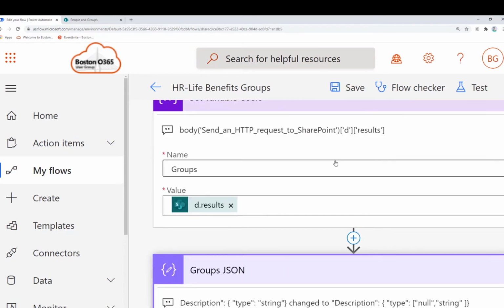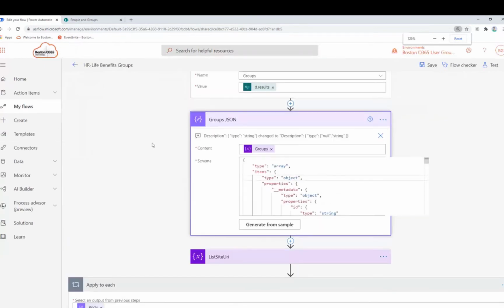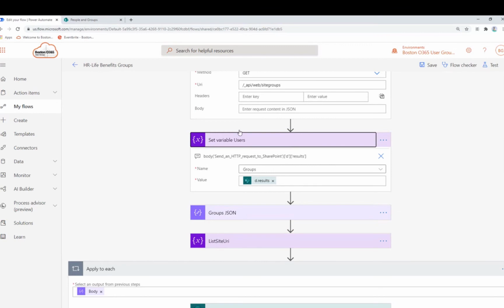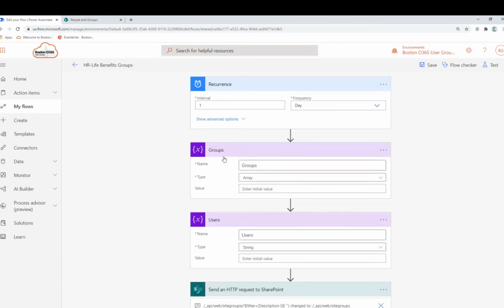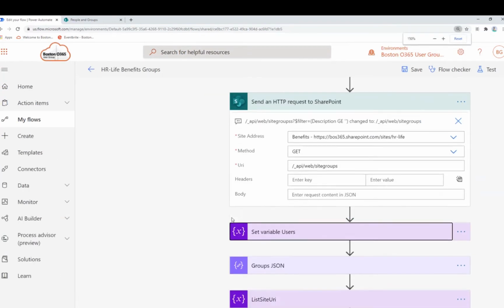I had to do the flow twice, do it once with descriptions and then do it again the way it's supposed to be. All right, let me show you a little bit more of this Power Automate now that we went over the gotchas, the problems in it. From a high level, we're setting the variables, and we're going out and getting all the site groups.